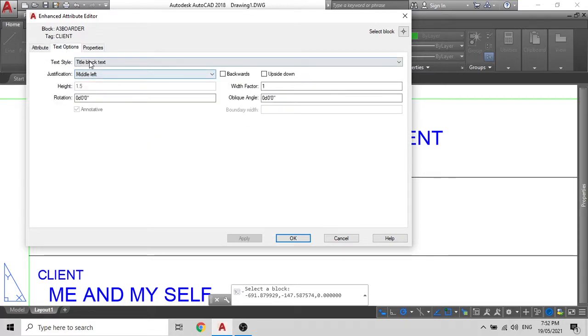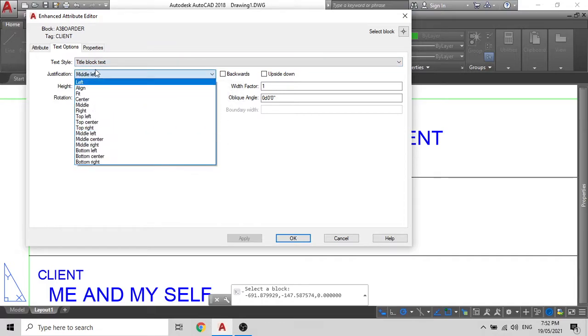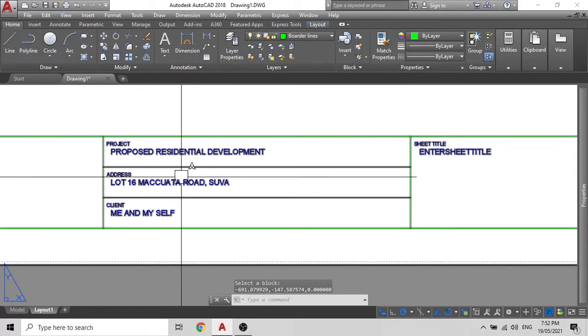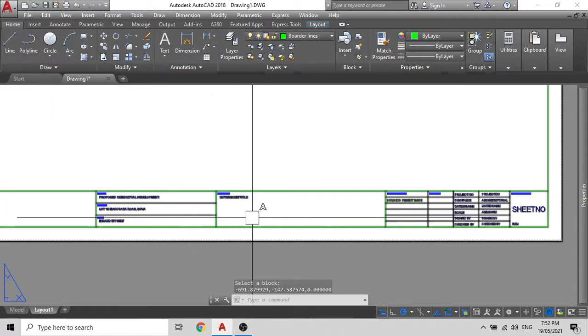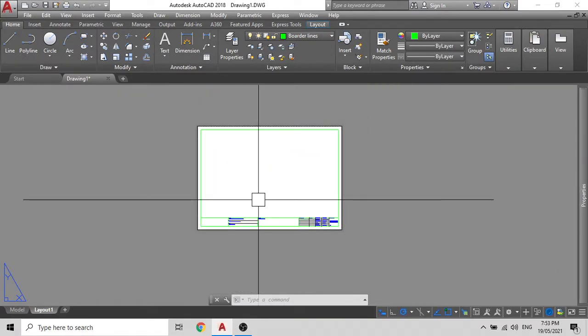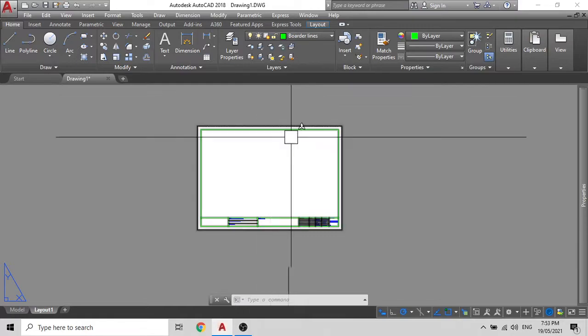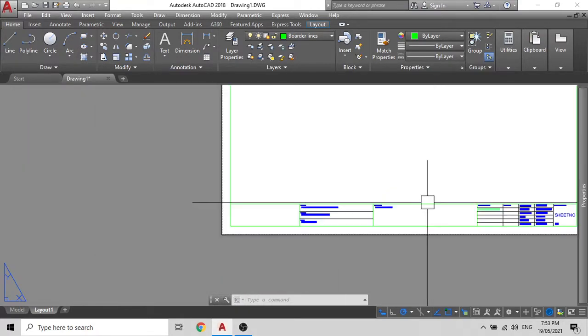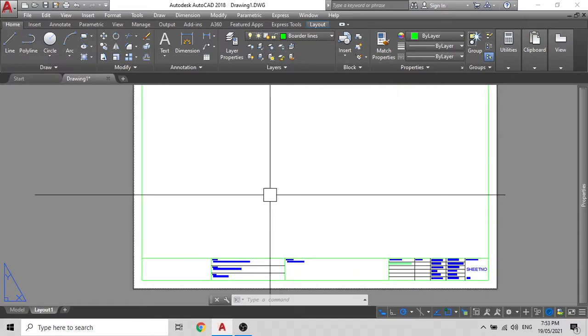You can also change the property, the styles, and you can also take a look at the properties. So you don't have to change all that. As you did that, your changes were reflected here. You can enter your company logo here. So again, I will show how to fill in these columns or these blanks in another video when we are